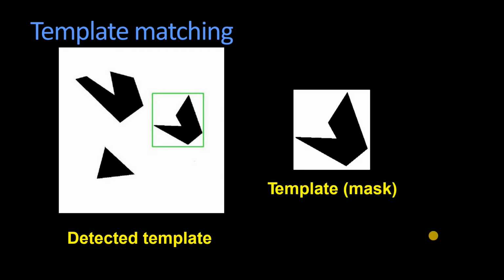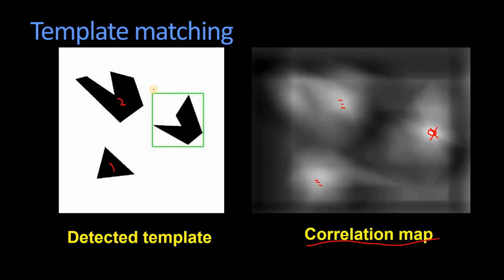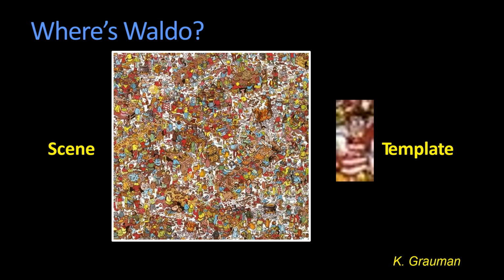So we take a template or a mask and we apply it on the image, and based on that correlation map, we can easily draw a rectangle around the shape. This is what we will do in the lab. Okay, if you remember your lecture, over there we used to draw a rectangle or circle, so that will help over here. So we use the correlation map to identify the shape. For this purpose,